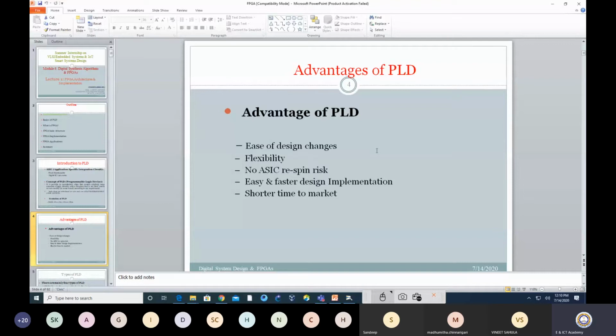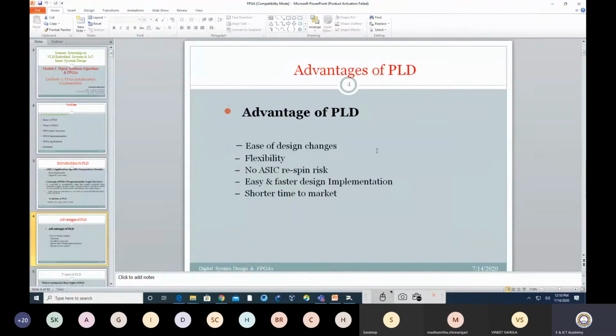So for an ASIC, verification is very important, because if you have done verification properly, then there are more chances that you can have proper functionality from an ASIC. That is what for an IC we define as yield. So that is more important.